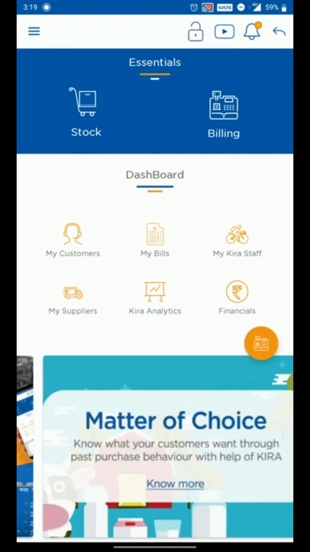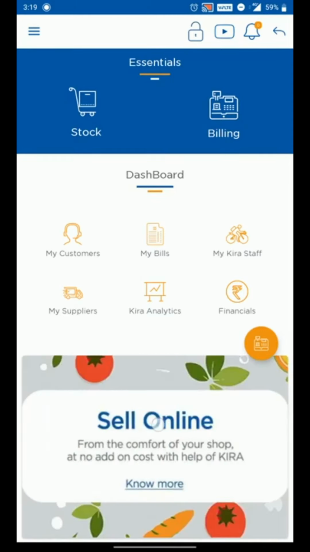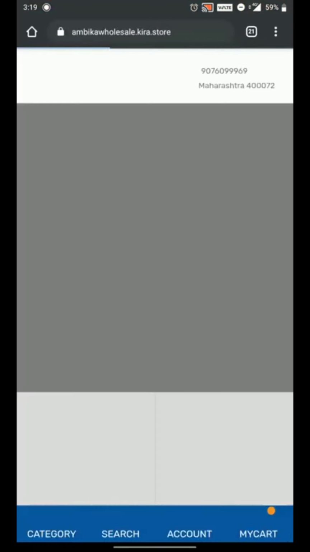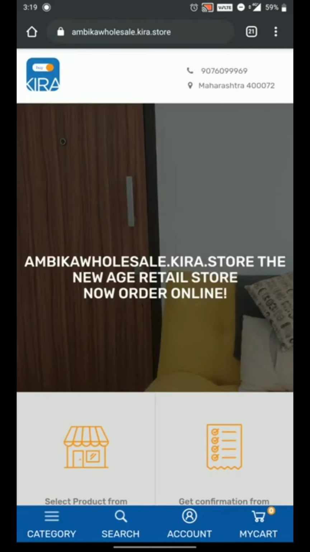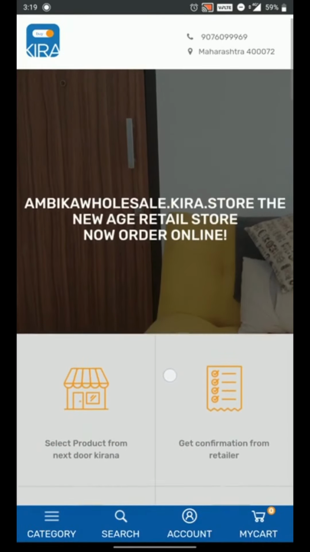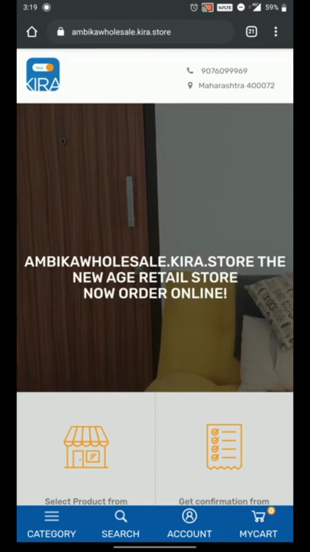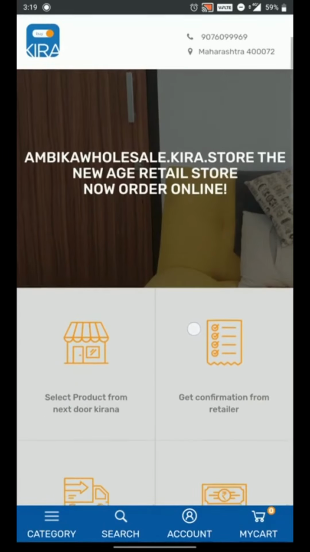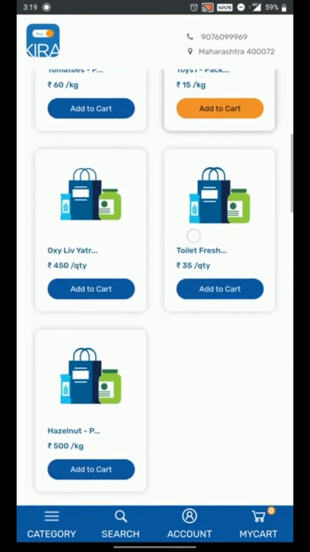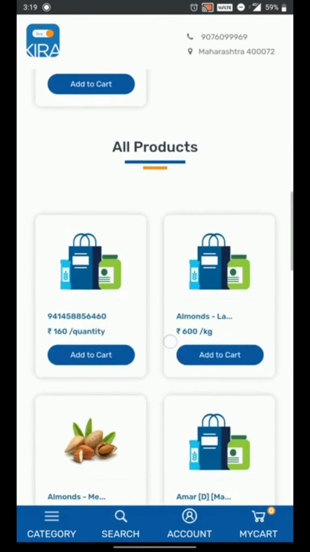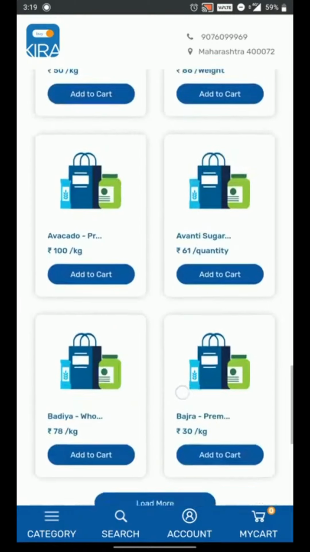Now that the website is made, let's check what is on it. Here you can see how the website was made in 2 minutes. The website was made based on the name I used, and you can also see the products that are in stock right now. As we go to the website, we see all kinds of products that we have, the services available. And in the end, we can also see the products that are in stock.